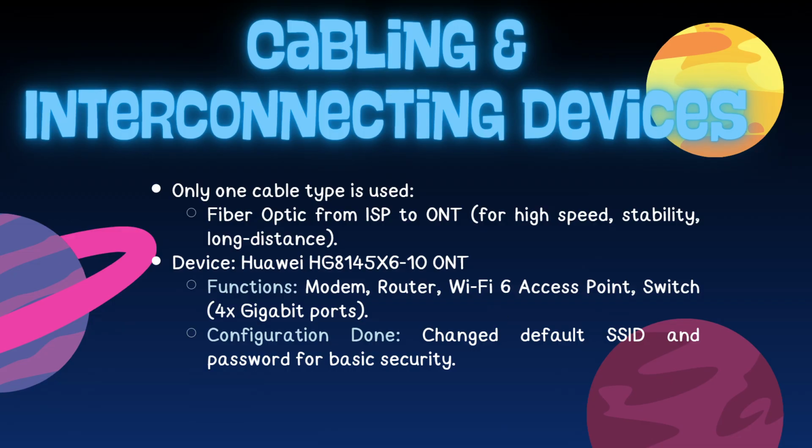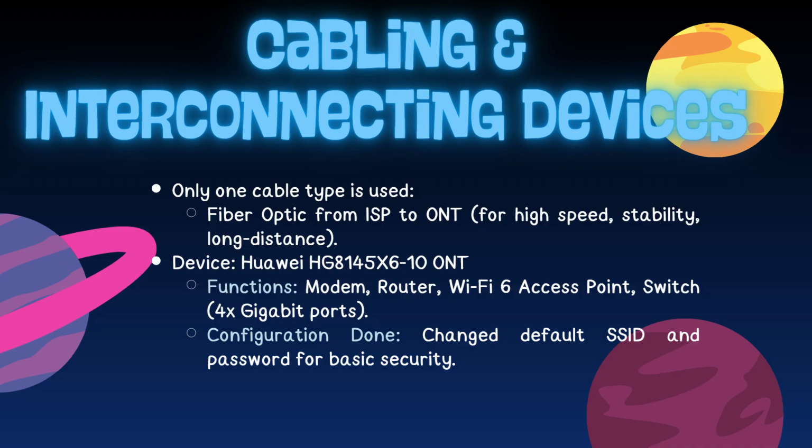Okay, so for the cabling and interconnecting devices, only one cable type is used, which is fiber optic from the internet service provider to the ONT. And then the device used is the Huawei OptiX Stars, and the functions are modem, router, Wi-Fi 6 access point, and switch with 4 GB ports. And the configuration that has been done is only changing the default SSID and password for